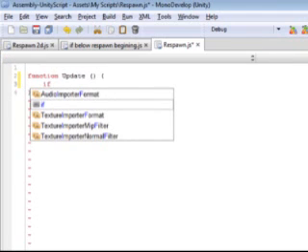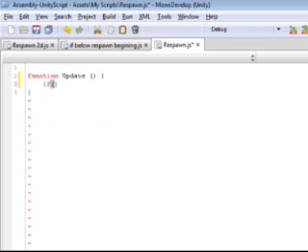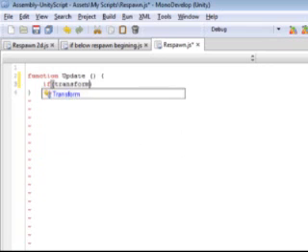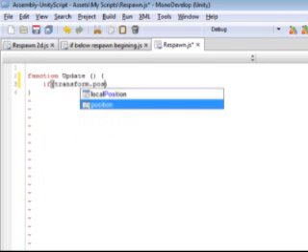Type if. You have to use brackets when using an if statement, because the if statement requires that you answer what it is you want to happen if something happens. So you would type if transform dot position